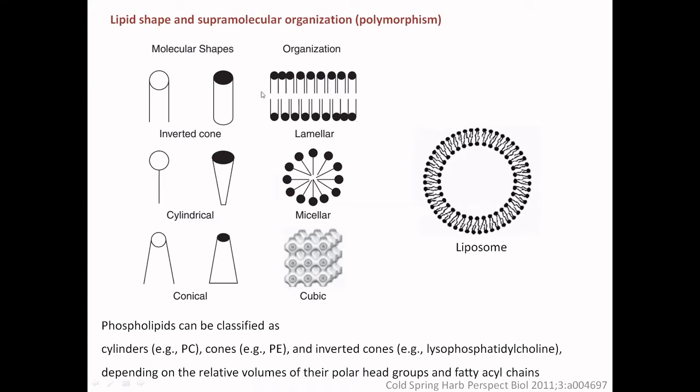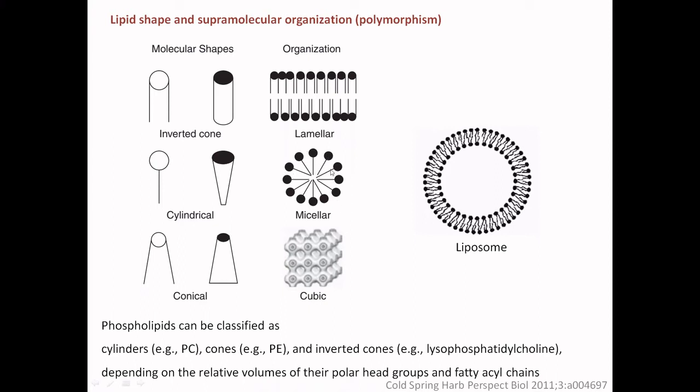And when the phospholipid is of cylinder type, as we have seen in our plasma membrane, their organization is lamellar in nature. And when it is inverted cones, in this case, we can see it is micellar in nature. So in this micelle, you can see it is one layer, and on the exterior, the phospholipid hydrophilic sites are present, and all the hydrophobic ends are clustered together. And the very important point of the micelle is that this is the monolayer or the one layer.